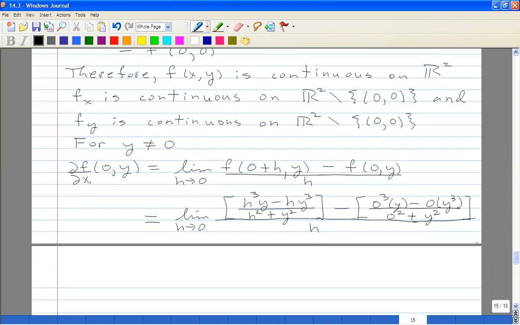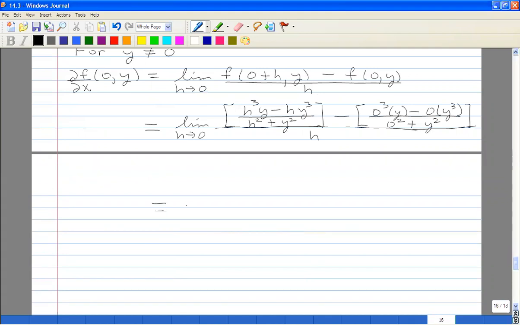Okay, so this is equal to the limit as h approaches 0 of, let's factor out h from this, what remains is h squared y minus y cubed over h squared plus y squared. This term here is just 0, so I'm subtracting 0, so I can just disregard this. Dividing by h is the same as multiplying by 1 over h. The h's cancel,